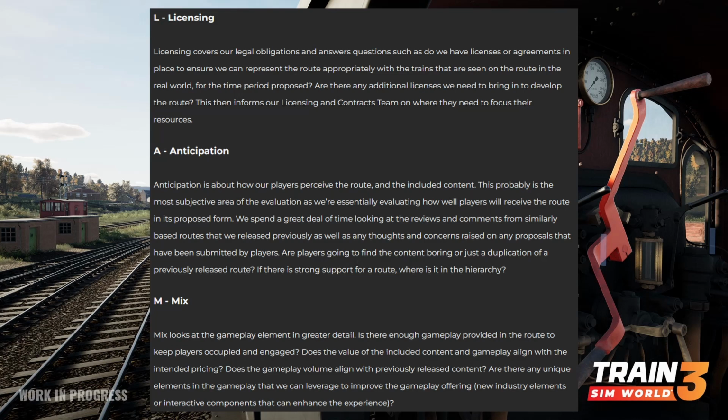Anticipation. Anticipation is about how our players perceive the route and the included content. This probably is the most subjective area of evaluation, and we are essentially evaluating how well players will receive the route in its proposed form. We spent a great deal of time looking at the reviews and comments from similarly based routes that we've released previously,